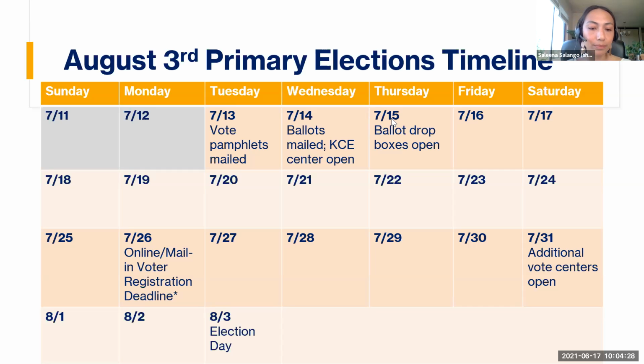That said, for all of our elections, you can register up to and on the election date. So people can register up to and on August 3rd, which is the primary election day. You just need to go to either the King County Elections Center in Renton, or on July 31st, there will be vote centers around King County that will open. So you can get folks there and they can still register, get their ballot, and vote in the election. Just helpful information as you're thinking about the voter registration work.